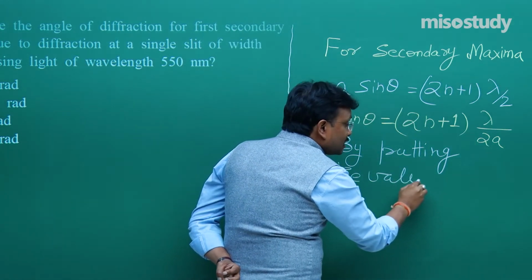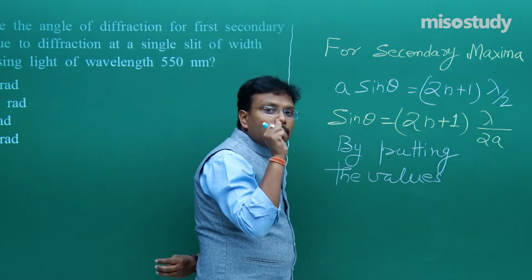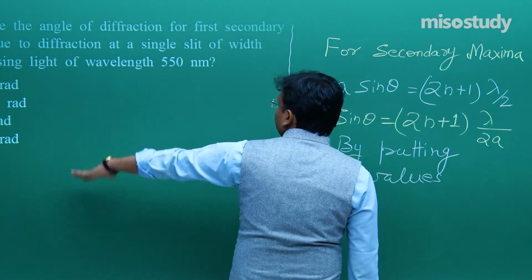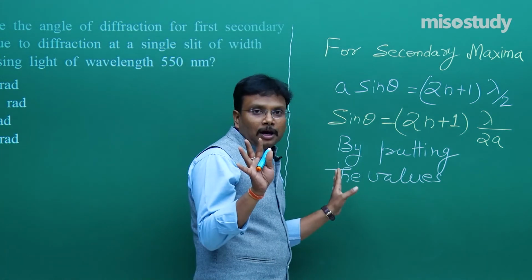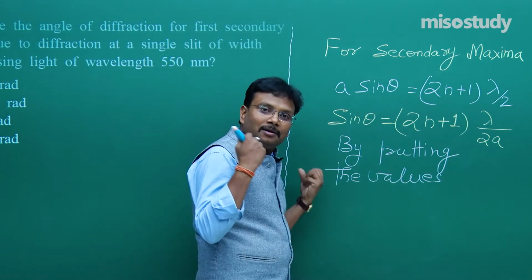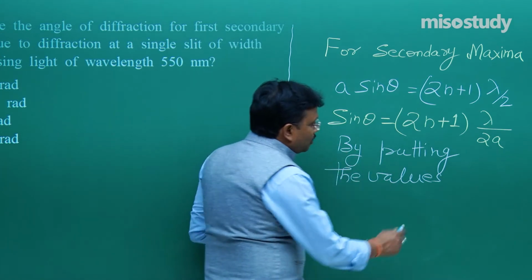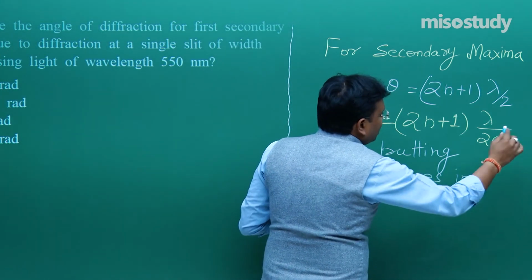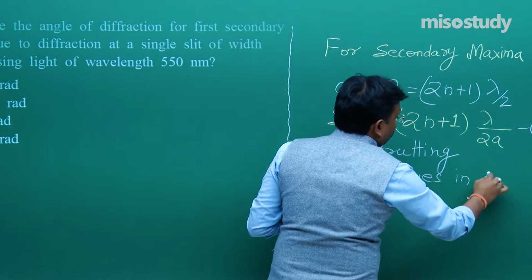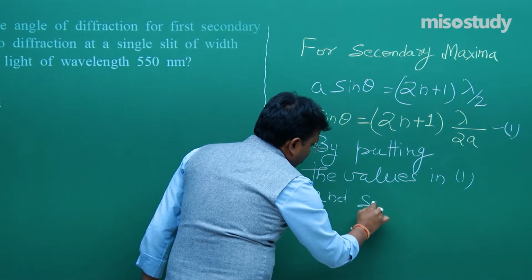That's why at the start of this problem I said, if the concept is clear and you know the formula, then in this question nothing is difficult. But if you don't know the formula, everything is almost difficult. So by putting the values in, let's say, equation number 1 and solving,